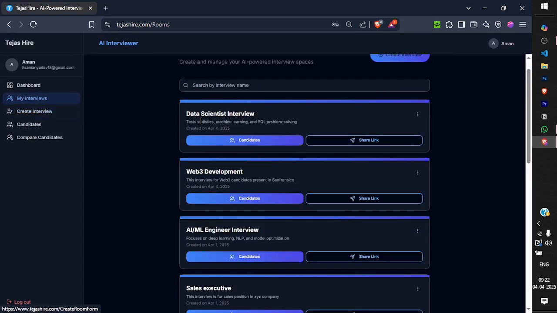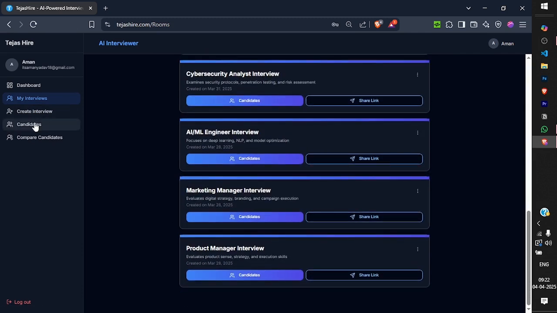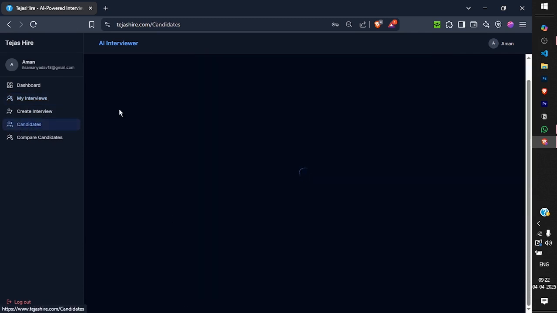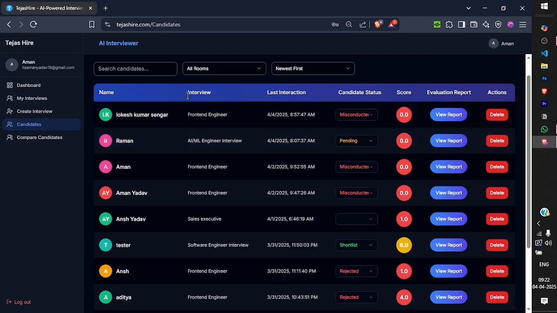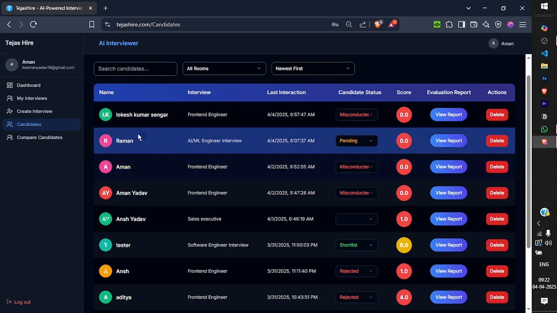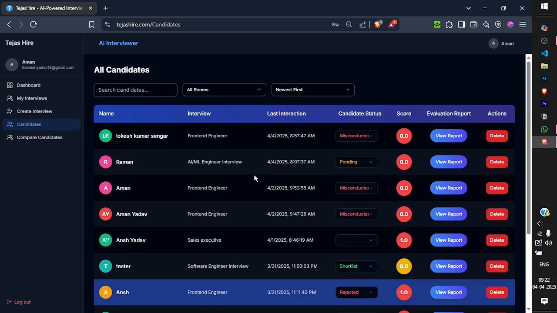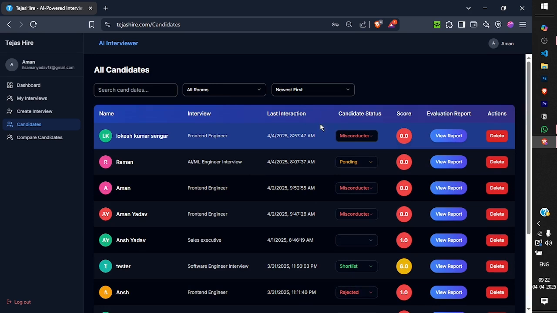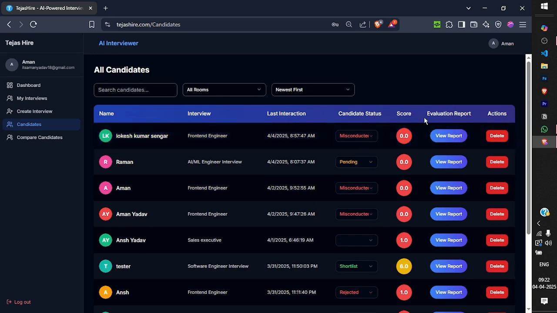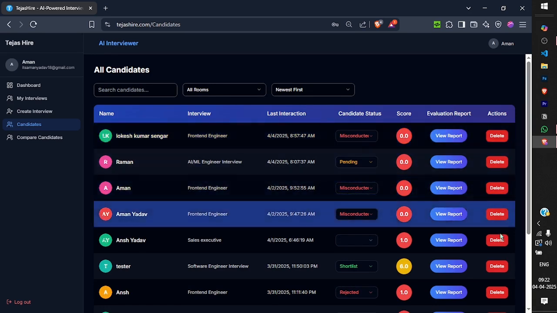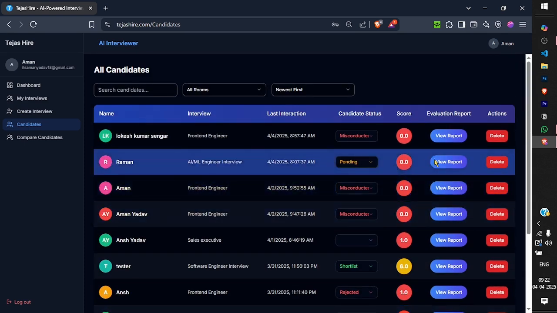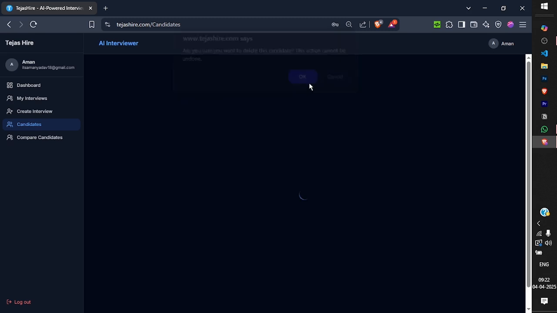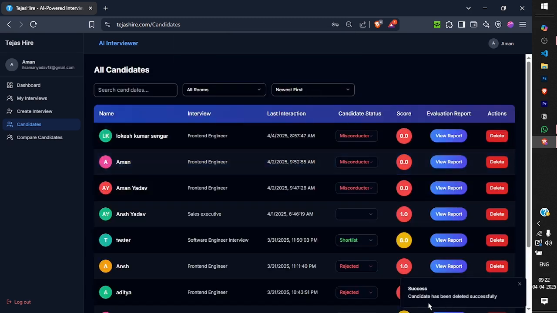Also, here is another section which is called candidates. It shows the candidates which are present on your account from every interview, like front-end engineer, AIML, from everywhere. All the candidates will be shown here. Their instruction, the candidate status, their score, evaluation report. Also, you can delete a candidate from the list. Like I want to delete this one, Raman. Click on delete, and it's gone. Candidate has been deleted successfully. Also, you can search by their name,